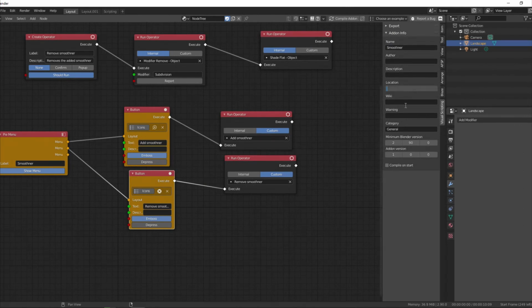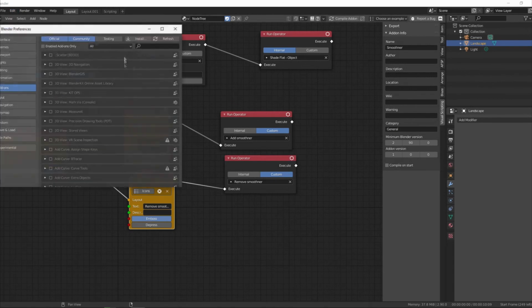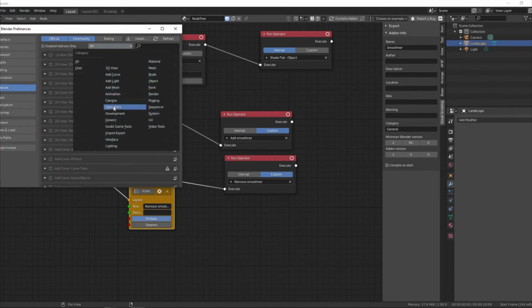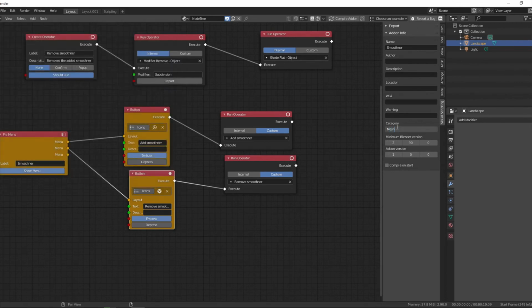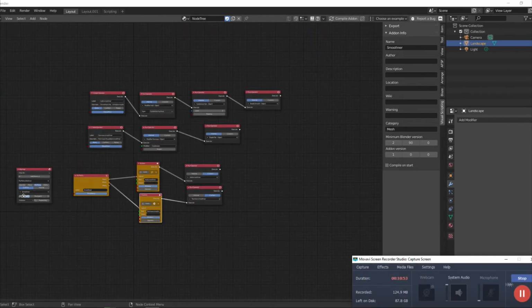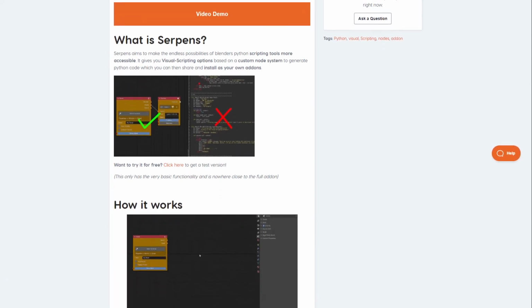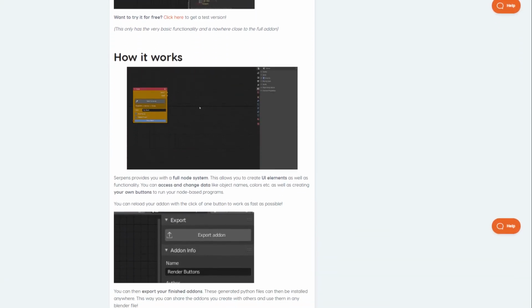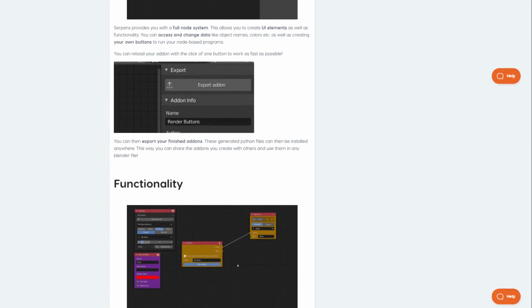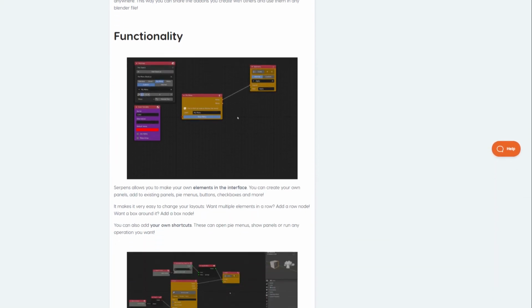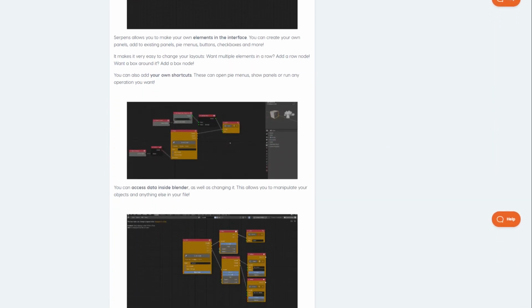So overall what I wanted to say is, as you have noticed, we barely took a few minutes to develop our own add-on in Blender, and that too without writing a single line of code. Just think how easy it makes your work, and also makes it easy for those who are new to scripting or even unaware of that. One thing I can assure you about this add-on is this will definitely make your work very easy, and creating different UI will be child's play for you. And you should obviously give this add-on a try, and I believe this will blow your mind.